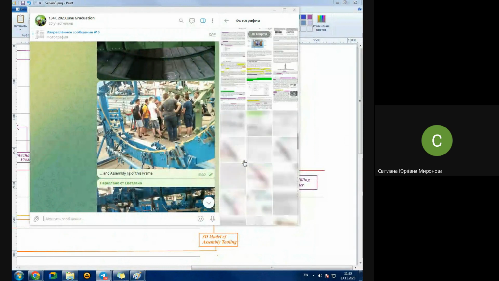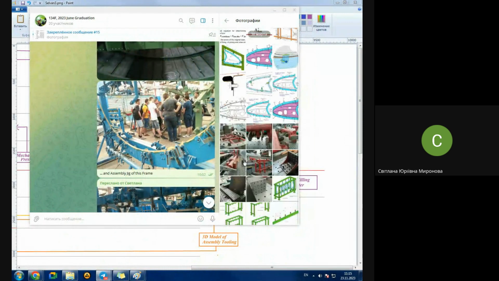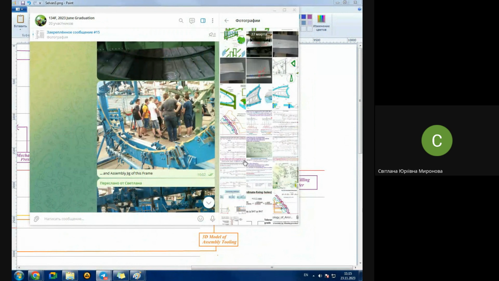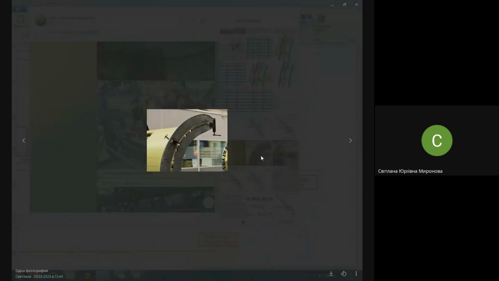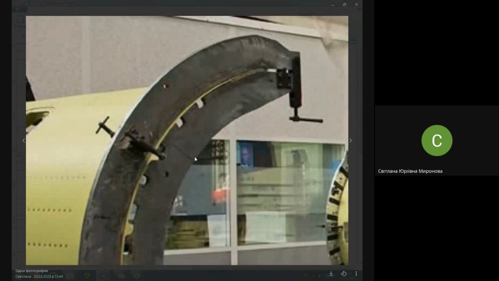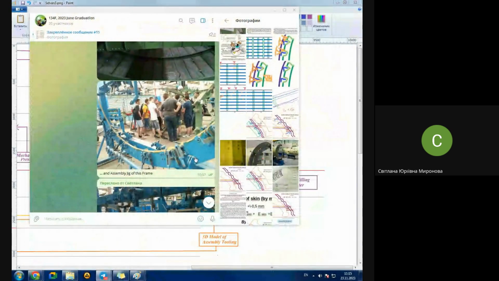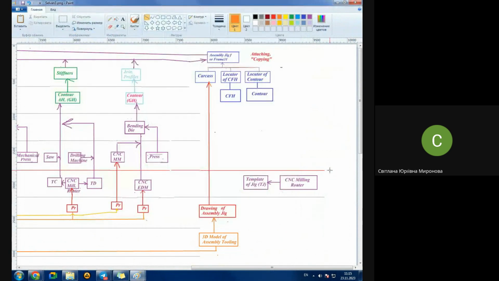Photos of jigs. Look at this. It's exactly a jig of panel. What do you see here? Thick plates, metal plates. How maybe they did it? Either use drawing, measuring, and cut it on a milling machine by measuring, a rather complicated technique, or